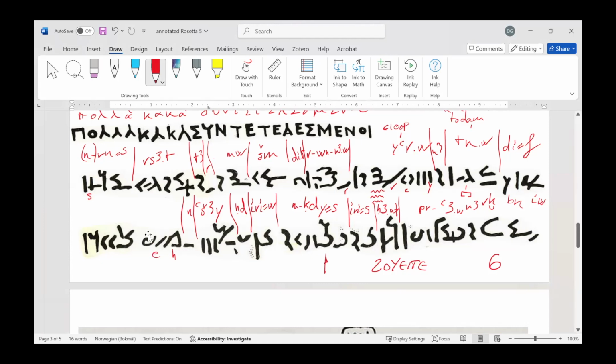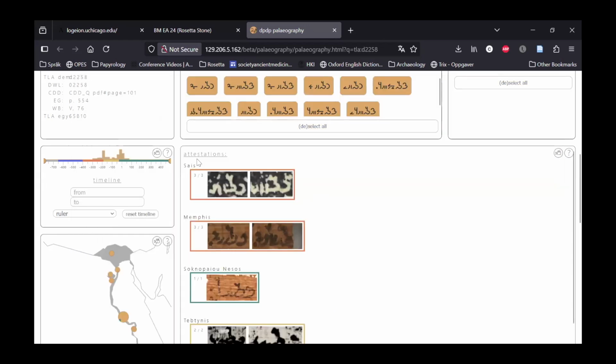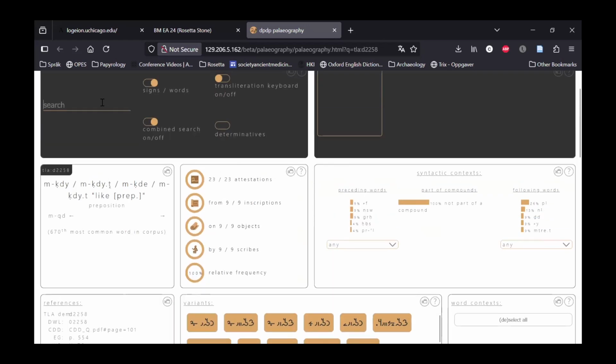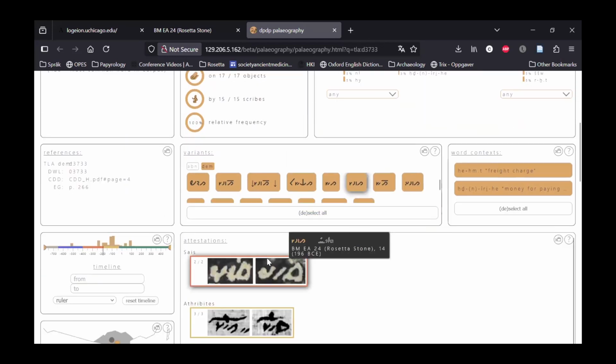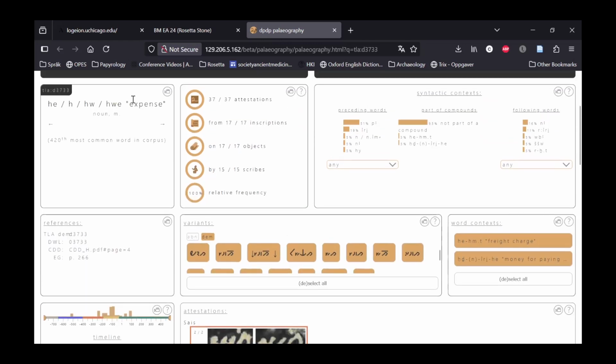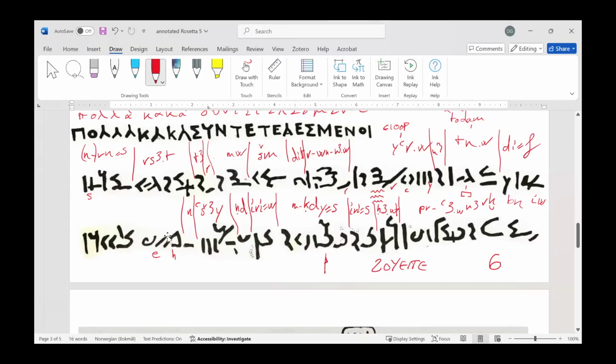And then this is a determinative, sort of a generic determinative. Usually in the DPDP, this word has the abstract or the book scroll determinative, but it doesn't look like it in this case. Right, this one, but I don't know. I guess that's the most probable answer, that it's the word ha for expense. So, and ha,